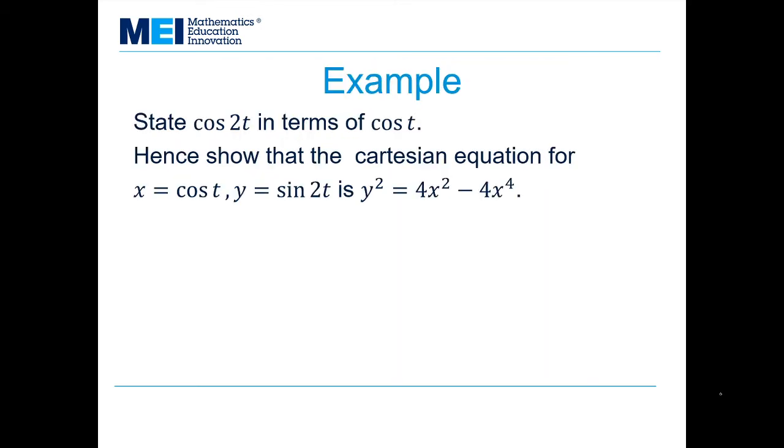Let's have a look at an example then. State cos 2t in terms of cos t, and hence show that the Cartesian equation for x equals cos t, y equals sine 2t is given by y squared equals 4x squared minus 4x to the 4. Well, for the first part then, I need to write that cos 2t can be expressed as